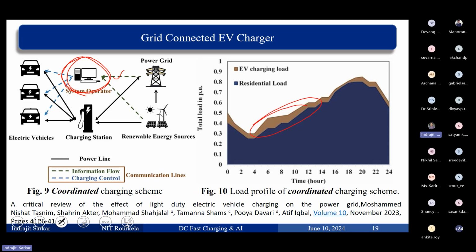So those information and optimization will go, and you can see here the peak overload has reduced and it is shifted and distributed throughout the day. So 0 to 24, the EV load is completely distributed over the 24 hours. So this is how if we optimize and if we distribute the charging pattern, then the peak, whatever peak overloading